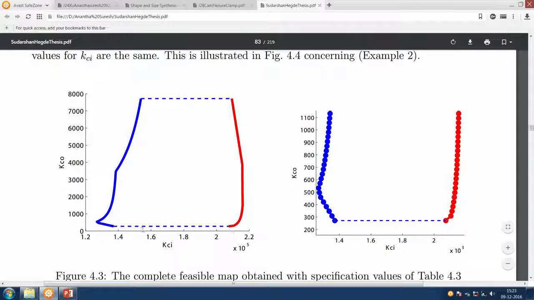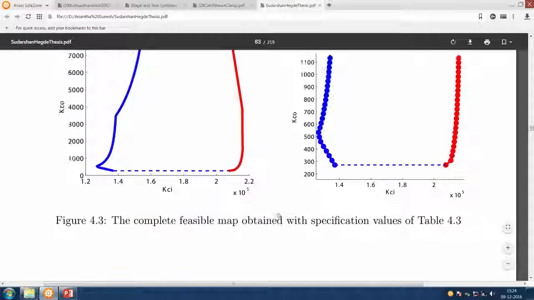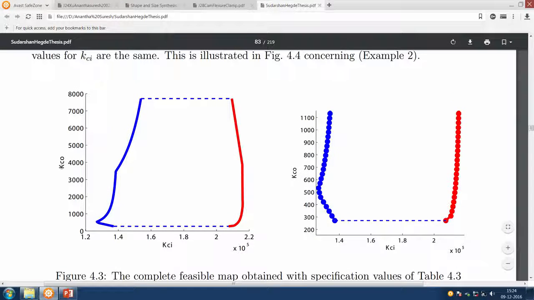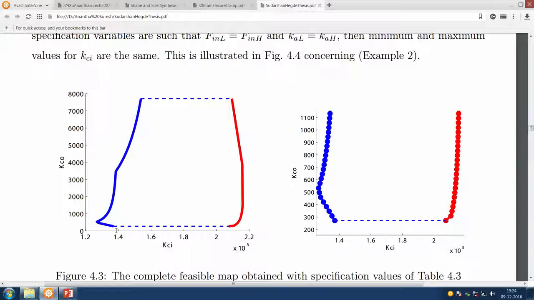Here we do not necessarily think that they need to be just joined, then you have to do KCI various things and then see what comes out here, if at all it is there. But we know that there is nothing below this, that is why this even dashed line is shown, because if I take KCO that is a value that is lower than this, it already tells you that we did not get a feasible n, we did not get KCI min this side, KCI max the other side.